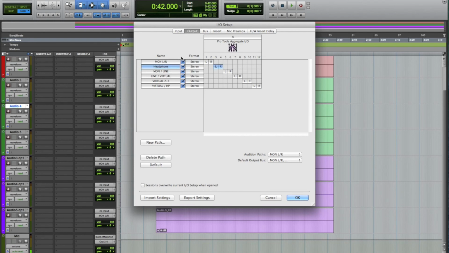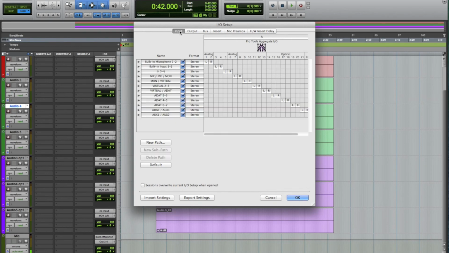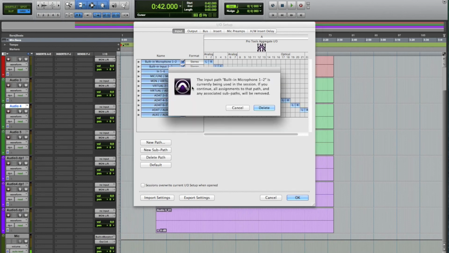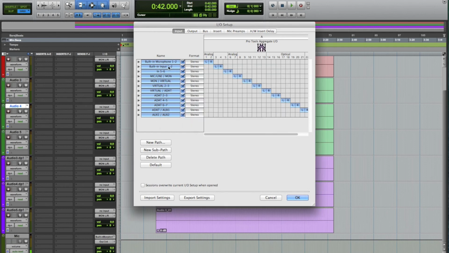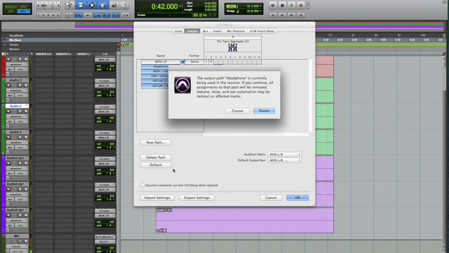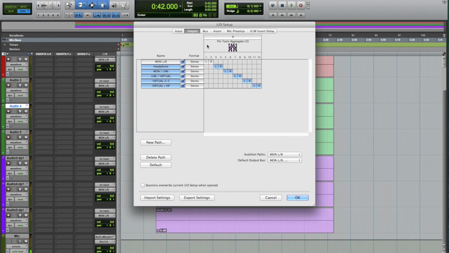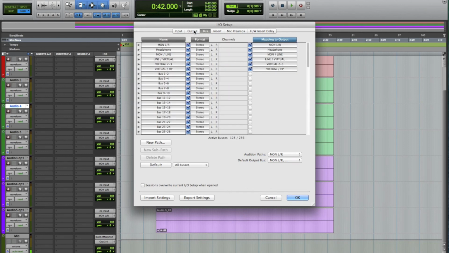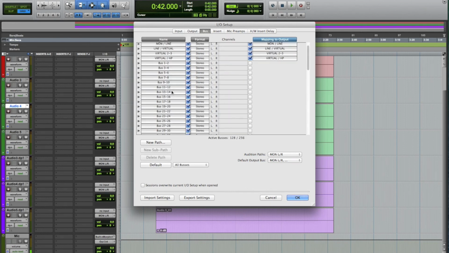If I'm moving studios with my interface, or if I'm working at a new studio, I always like to check the inputs to make sure it's clean and set up correctly. And it starts with asking whoever owns the studio or the system if they have an I/O setup, if you're having to route things to a console. And if you have an interface of your own, something simple like an Mbox or Apollo, you want to just delete everything and hit default. This is the easiest way to do it. That way you have a clean setup. That's exactly what the interface is asking for.